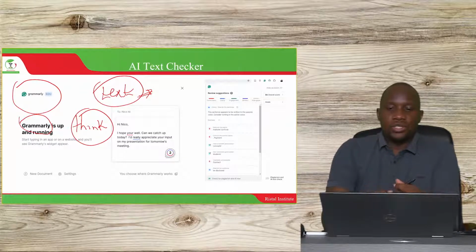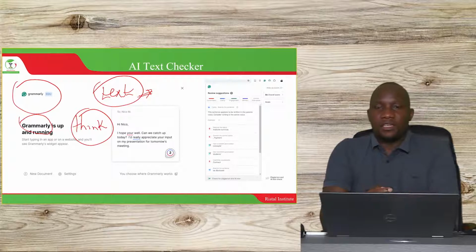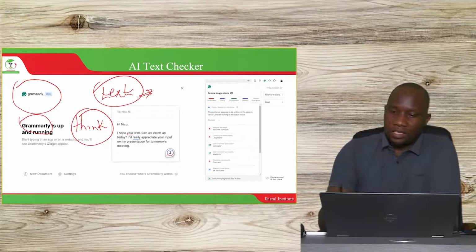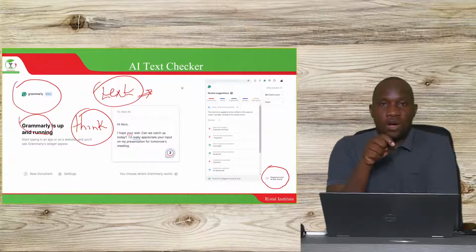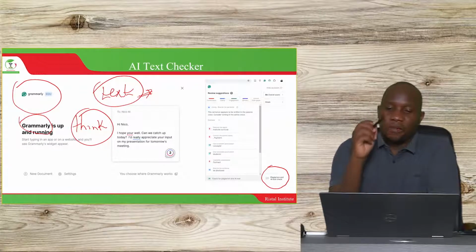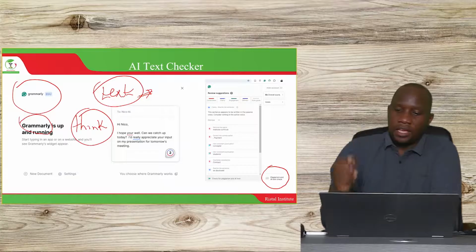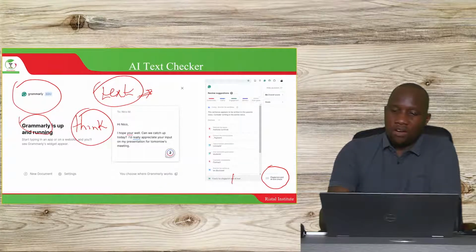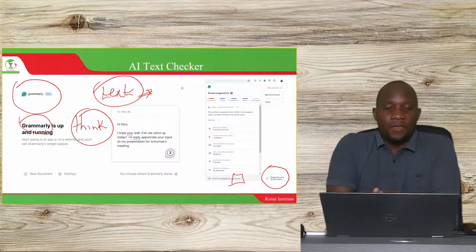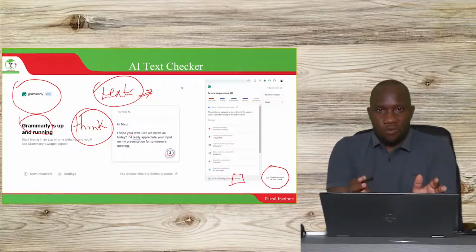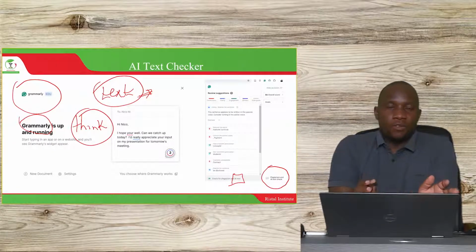But for us as an institution, it helps us with another thing. One of that is what we call plagiarism. So Grammarly helps us to check your work for plagiarism. But it also helps us to check the extent to which your work is AI-generated text. So this means that if you use AI tools to answer the courseworks, we will be able to